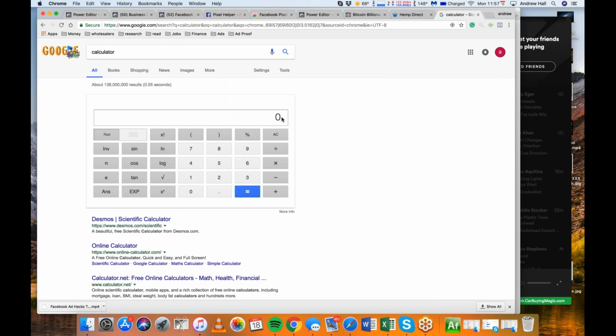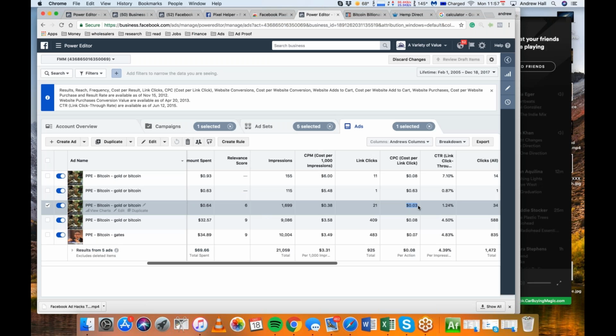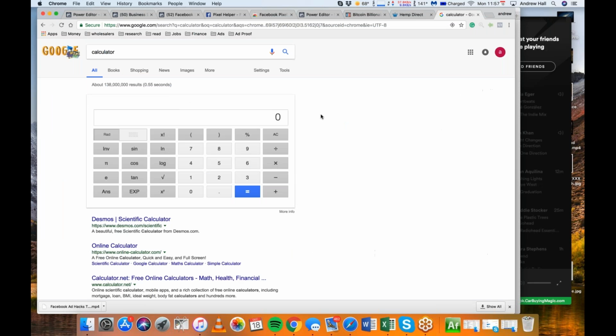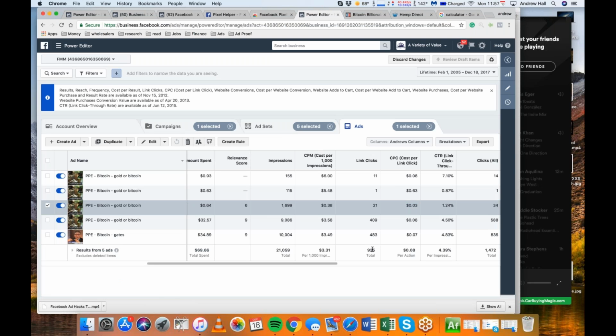So I know I advertise 25 cents per opt-in. You could see on my ad I'm doing right now, I'm getting 3 cents per email. Well, not every single person that goes to the website is gonna subscribe. So we'll do 8 cents, because that's the average of all the people.